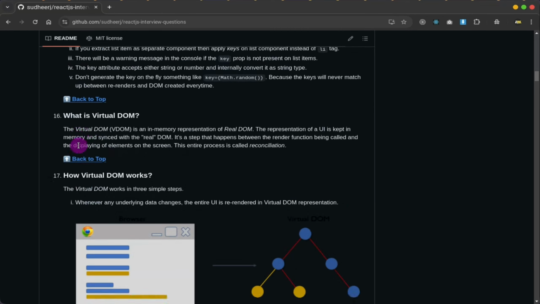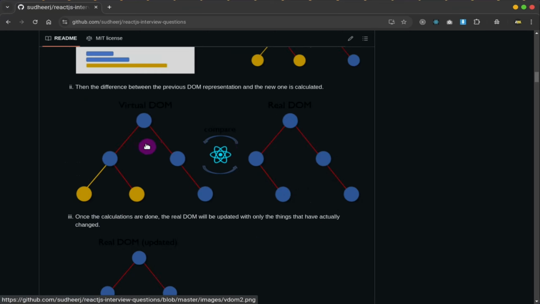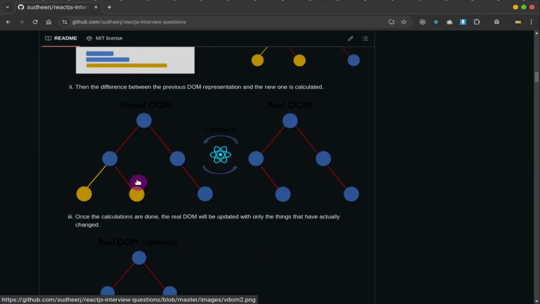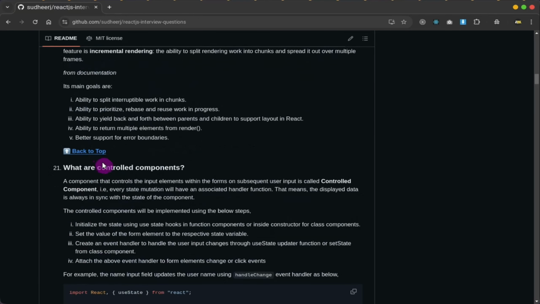So what is virtual DOM? Virtual DOM is a copy of the actual DOM, and when the actual DOM changes, it compares the previous virtual DOM and the new one, and makes the necessary changes, and displays some diagram. You can easily understand what actually happened and how virtual DOM is actually working. So here you find a lot of documented